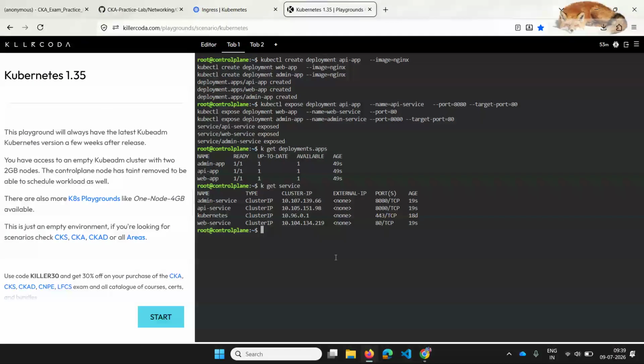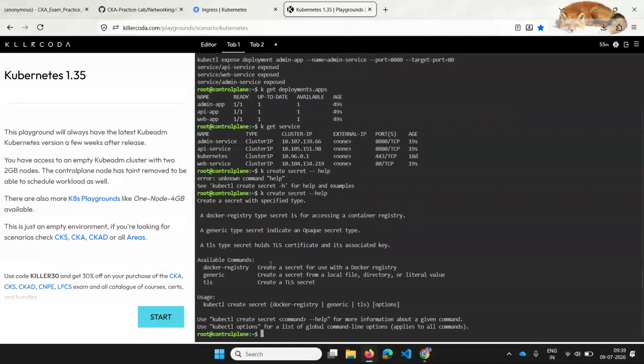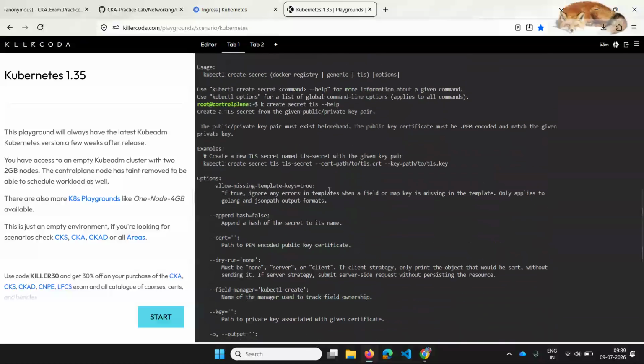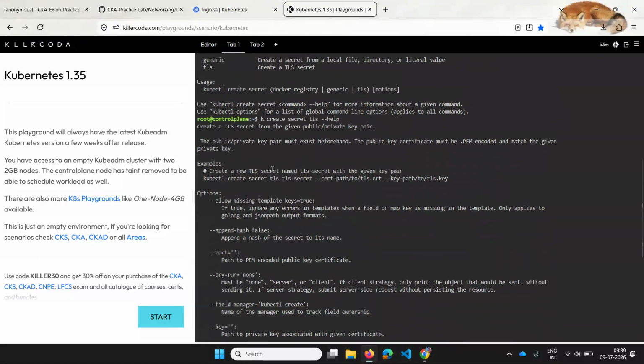You can go here and do kubectl create secret --help, and if you see there are different types of secrets, so you can just do tls --help. Here you will see an example of how to create a TLS secret.